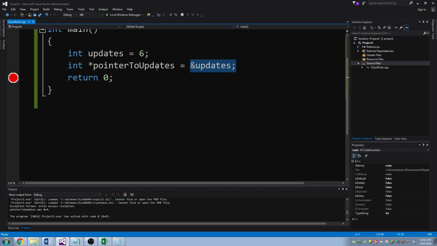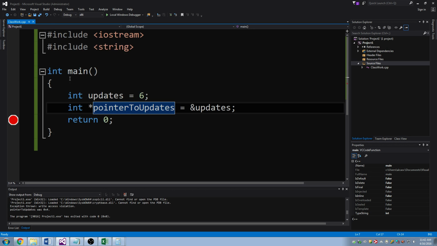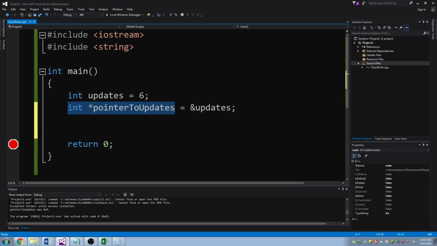Can you give us another example of how pointers are useful? Yes, I will give you an example. So this right here is just very, very basic. This is like 10% of what pointers do. One of the best ways is when you're passing arguments to functions, you can use pointers. And that way, if you have a variable like updates here,